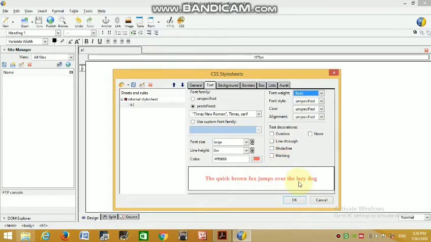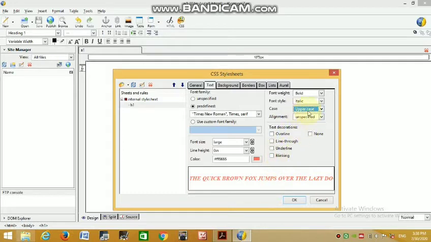You can see the preview. Font style, italic, normal. If you select italic, case, there are lowercase, uppercase, capitalized, inherited. We select uppercase. You can see your text in uppercase.